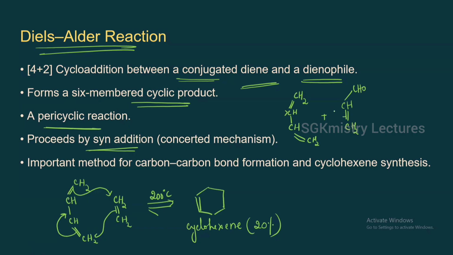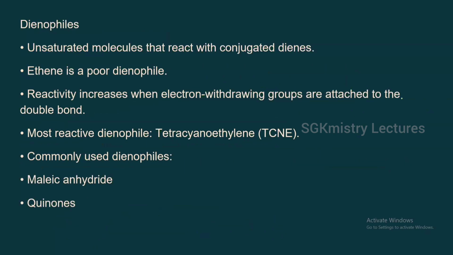So CH2 attacks the carbon, this attacks here, and this can attack this carbon. Because of which you're going to get the cyclohexene with the CHO group here, right? This is again carried out at 160 degrees Celsius. Now, in the case of the dienophiles, if I'm considering the simplest unsubstituted alkene, you can take ethene,